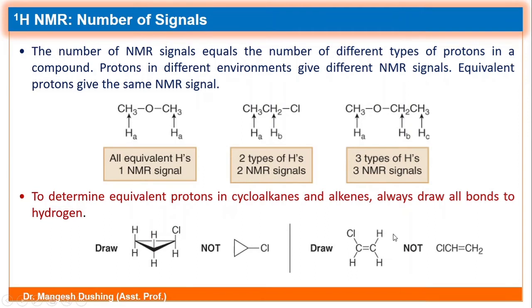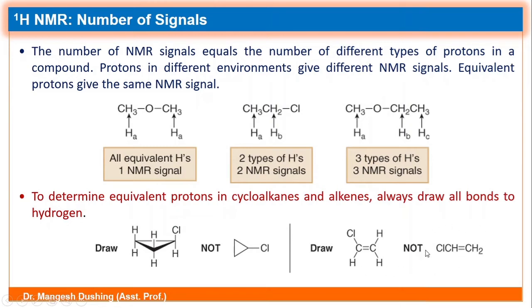See here, this proton is different from these 2 because this has a chlorine on the same side, while this proton doesn't have that chlorine. So this is one type. Now this hydrogen is also a different type because it has a hydrogen on the cis side and chlorine on the trans side. While this proton has chlorine on the cis side and hydrogen on the trans side. So all these three protons are different and give different signals. So there are three types of protons, three different signals will appear in the molecule.